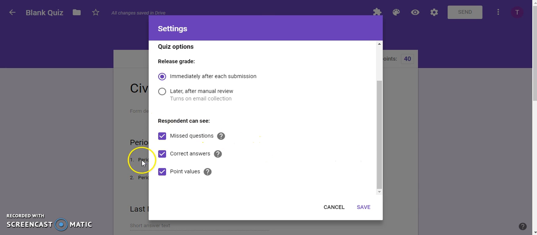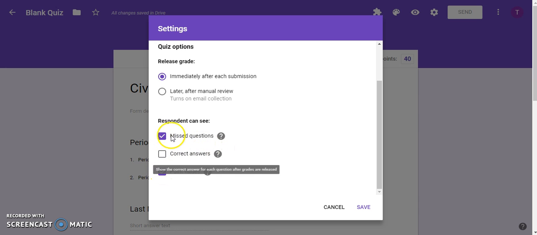So the last part that we're going to see is what happens when the students submit their test. So they get their grade, and I always told my students, if you did not know what your grade was, it means you did not submit it. But after they saw their grade, what they could then do is go in and look at the questions that they missed. You can also have it set up to where the correct answers are shown as well,